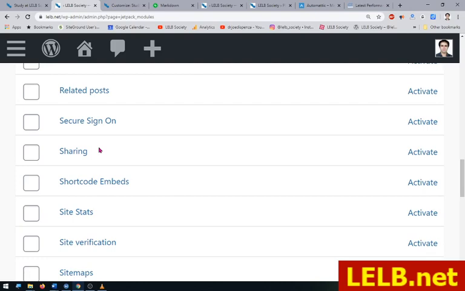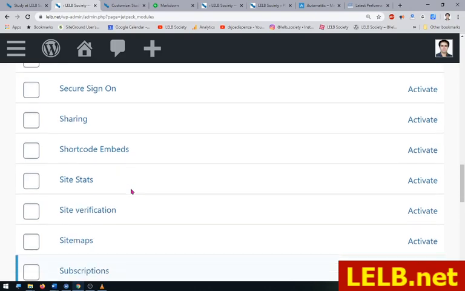Sharing. JetPack can help you add social share buttons to your WordPress site, so you don't need to add other WordPress plugins. If you just have JetPack on your website, you don't need to install many other WordPress plugins, depending on the needs and requirements. Shortcode embeds, the ability to add shortcodes to your website. Site stats, or statistics. I never recommend this